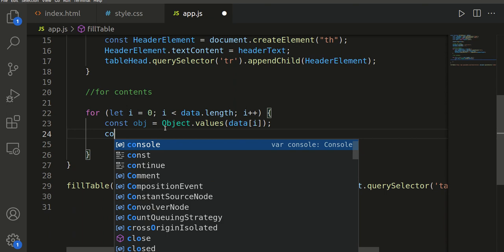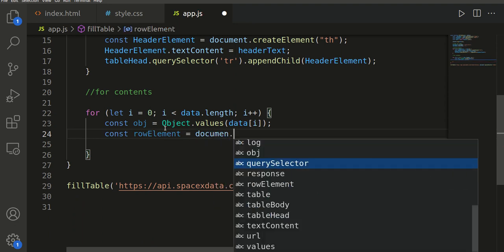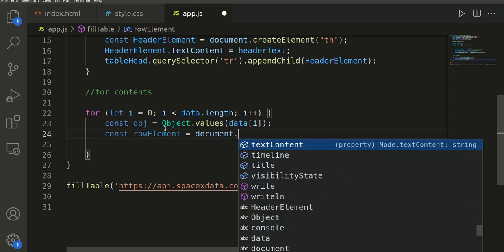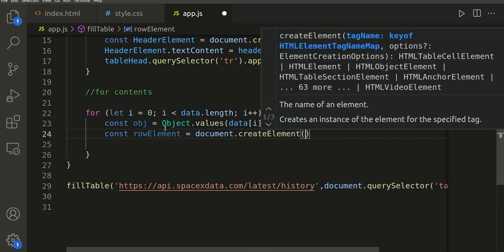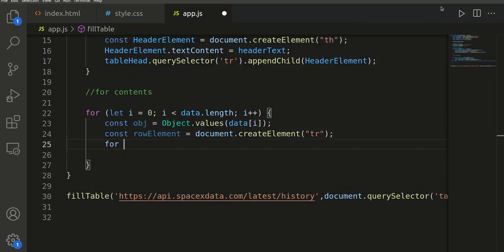and also now we have to create one row element which will basically be a row. We will create it and it will store all the values of our object. Now we also need to access the values of the object and display them in a table.